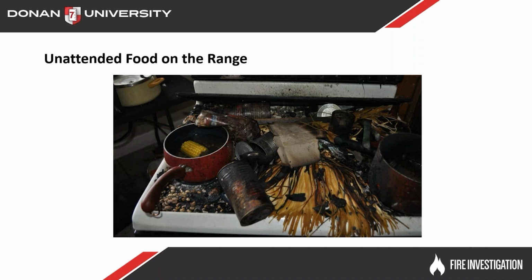And one of the big ones is unattended cooking. Now, this photo here may be a little bit of an exaggeration, but this was actually found in a structure, and all this stuff was on there. Some of it may have fallen down from the cabinets above, or it may have been placed there to start with. But we find that we have this unattended cooking on the range, and that's a considerable